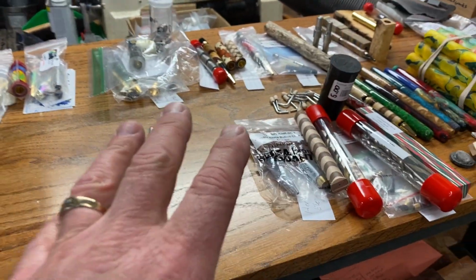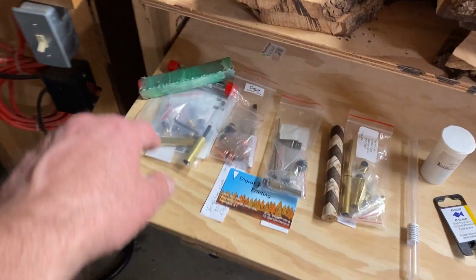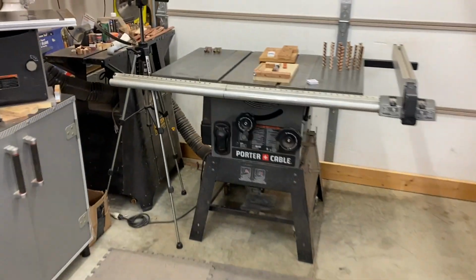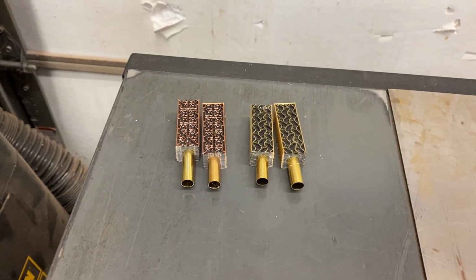These are all upcoming videos. That's not all of them. I've got some more over here that I've been drilling. These all require a 10mm bit, so I've been working on the drill press. I need to clean it up, getting those drilled out. And I've got 2 over here that I've been filming as I go, but these are some 3D